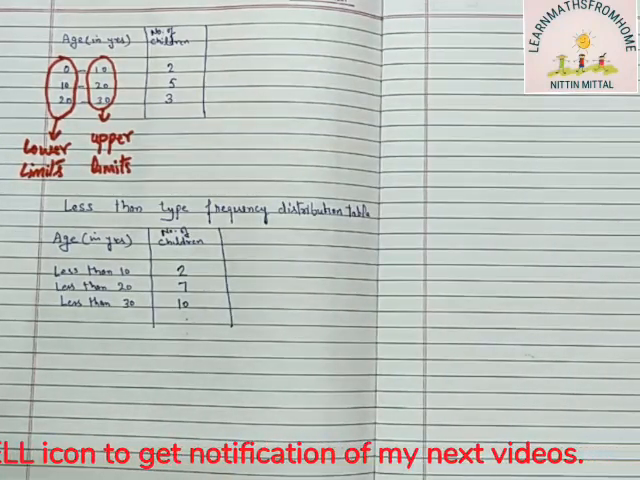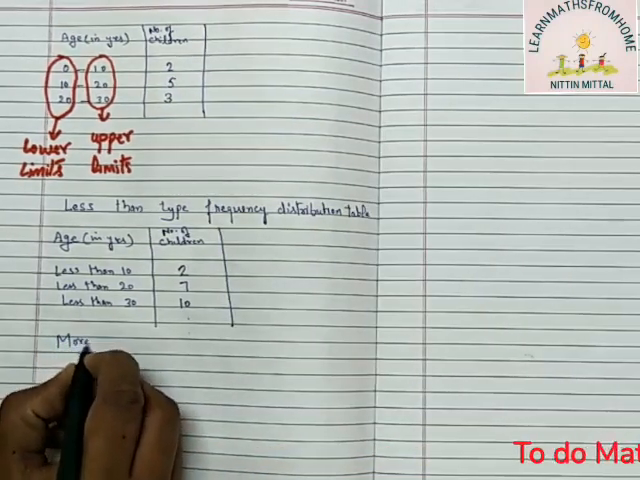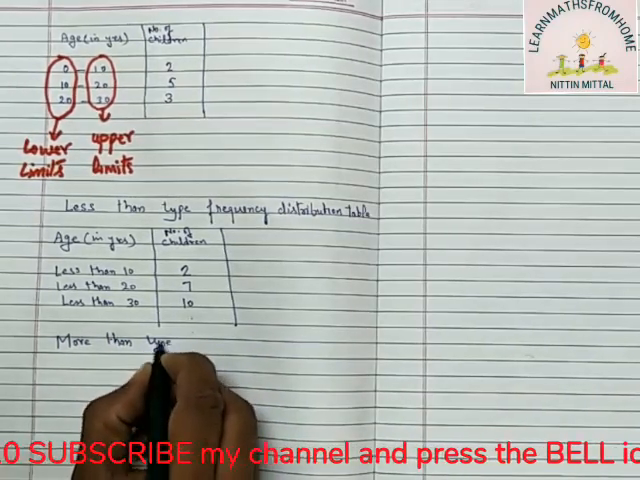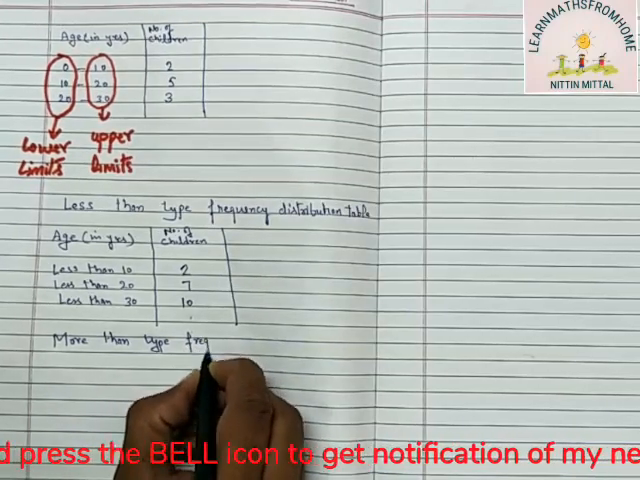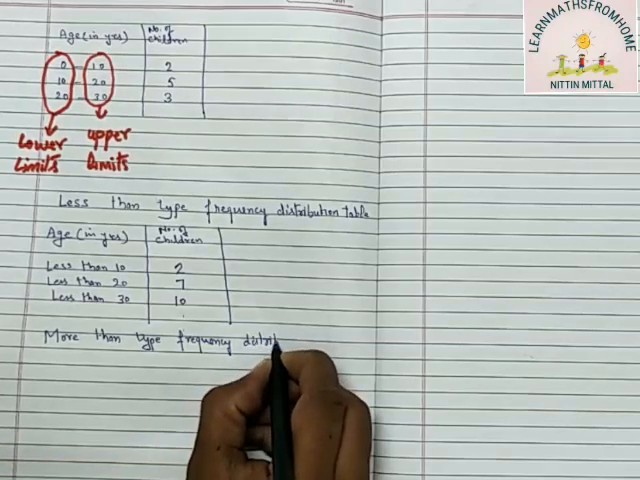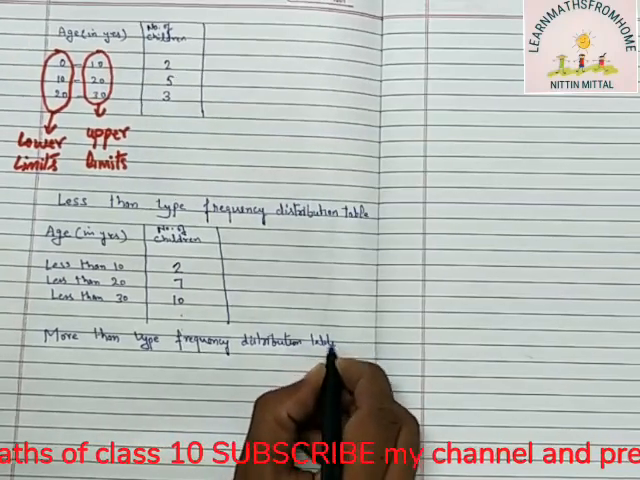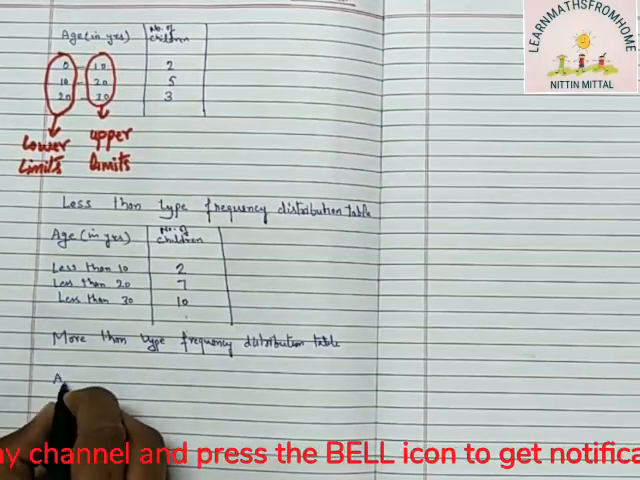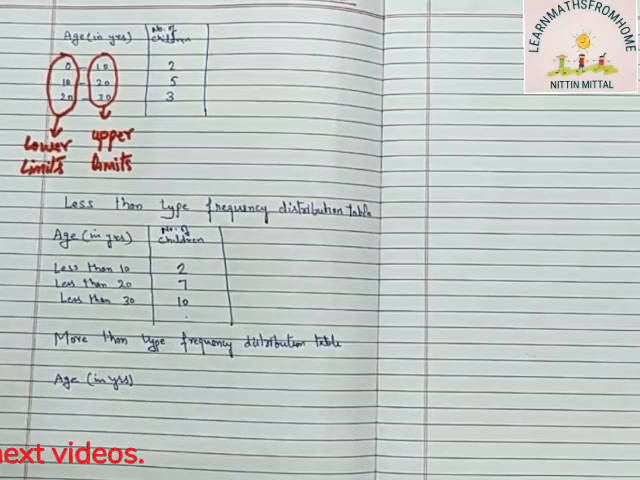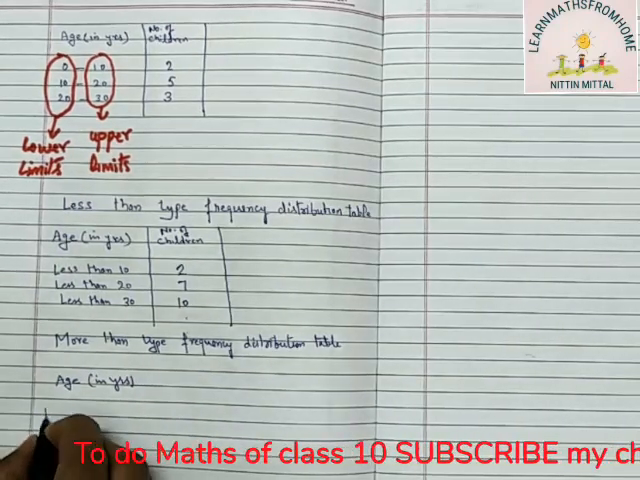Now for more than type frequency distribution table. First column heading will remain same, age in years. In more than type, what you have to choose? You have to choose the lower limits. So how we write? We write more than